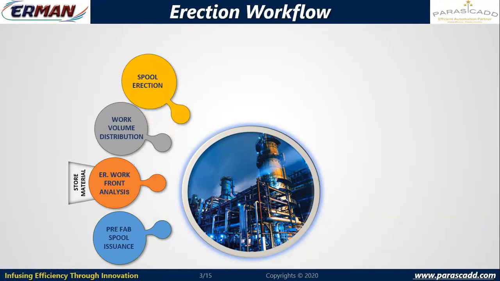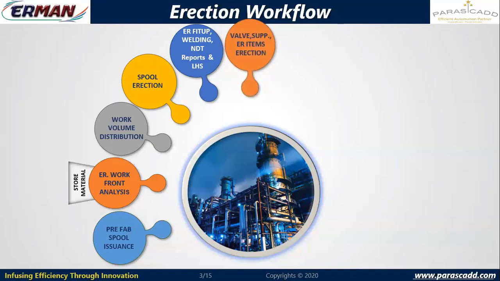And once the lines are allocated to the contractor and the spools and relevant materials are issued through material pick list and MIVs, material issue vouchers, then the contractor will perform his operation or actions. So he can erect his spools, and once his spools are erected, then I'll have field weld joints for which fit-up, welding, NDT, those controls should take place. Then it goes for erection of other items like valves, supports, gaskets, fasteners, miscellaneous items. And once we are installing valves, apart from the field welded joints, I may have to manage my flanged joints,